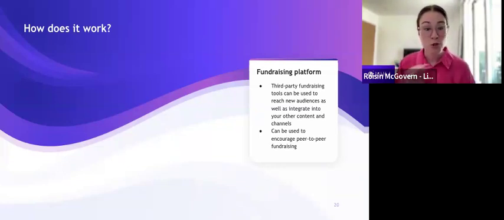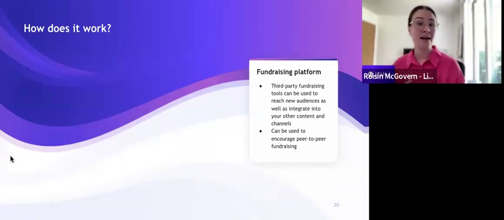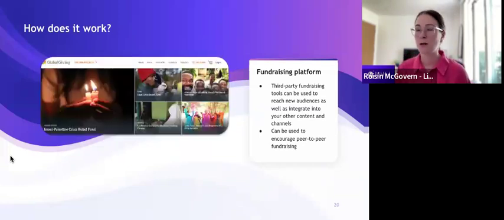And these platforms make it super easy to collect donor information so you can build your contact list and develop an ongoing journey with your donor base. And they can also help you reach a wider audience through that platform, as well as promoting it through your own channels. And they often have really great peer-to-peer fundraising tools, so your audience can start fundraising on your behalf. So really interactive platforms that allow you to share some of that fundraising load with your committed community. So let's take a look at some examples.